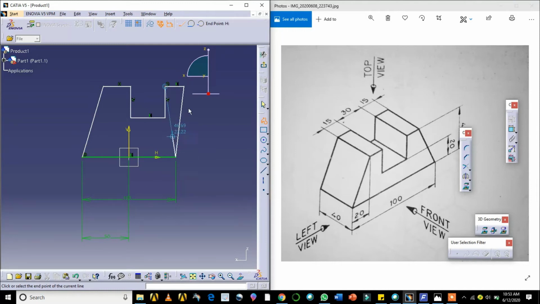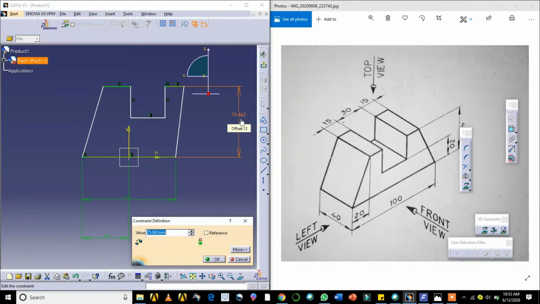I'll join this. Then press the escape button to come out of the sketch. Next, you give all these dimensions properly. The height is how much? This is 45.